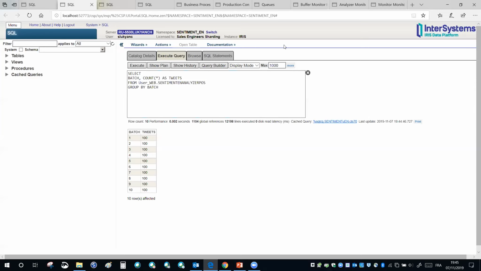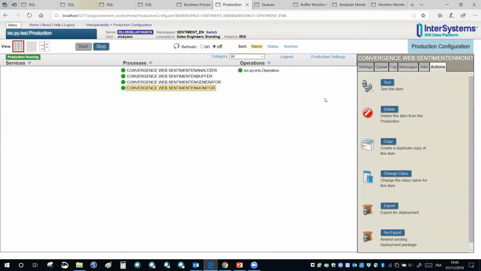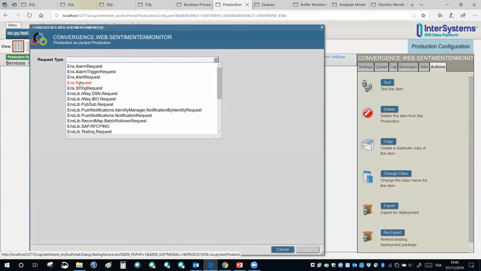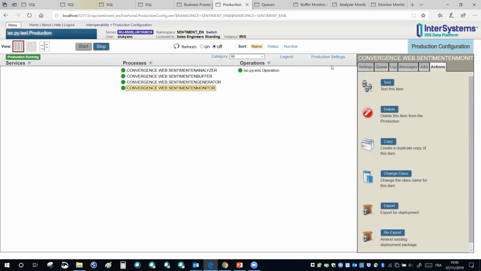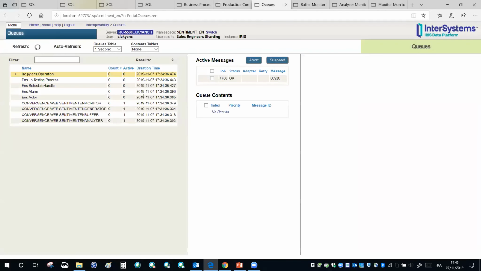So let's invoke that. I'm going to my production, clicking on tests, and starting the monitoring process. I'm checking here. Now I have my 4 processes actually collaborating. The full system is now going full steam.